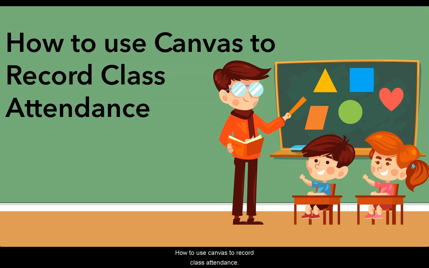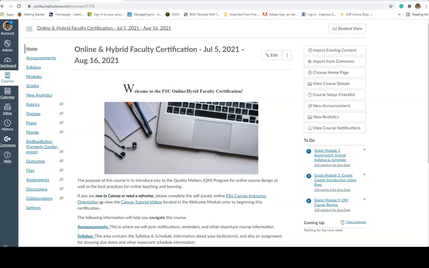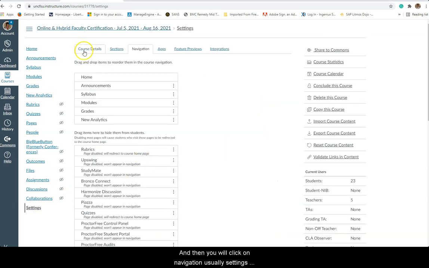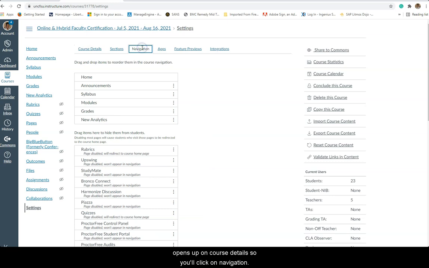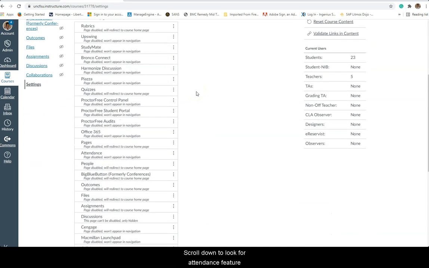How to use Canvas to record class attendance. From within your Canvas course, you want to click on Settings, and then you will click on Navigation. Usually Settings opens up on the course details, so you'll click on Navigation, and then you'll scroll down to look